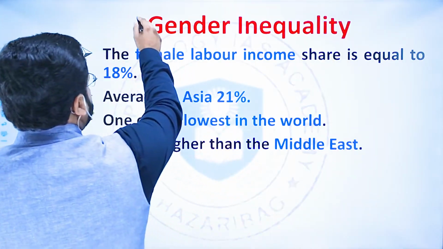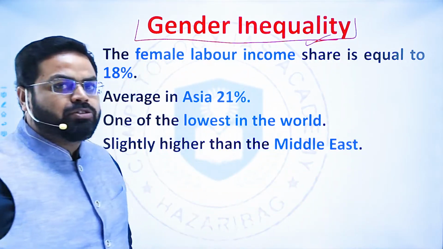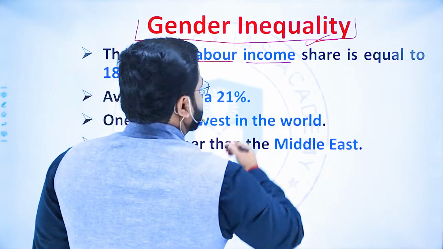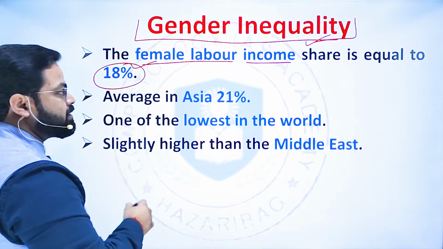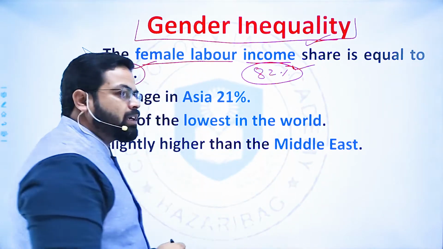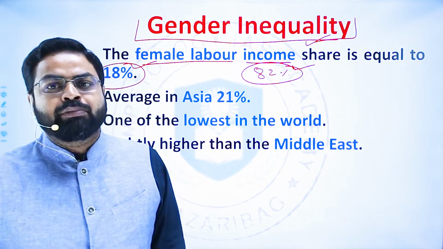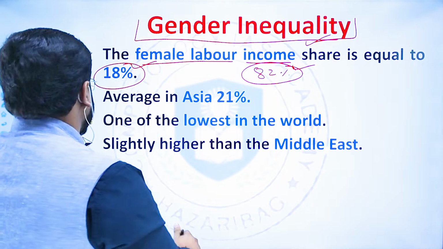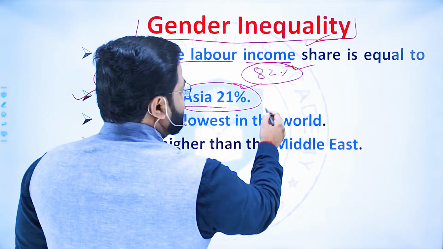But if we talk about gender inequality, then it becomes a more lamentable situation. Here in India, the female laborer income share is only 18%. That is, around 82% of the laborer income is cornered by the male population itself, and the female share is only 18%, which is quite low, because in Asia it is 21%, and here